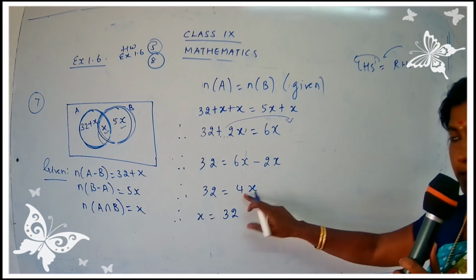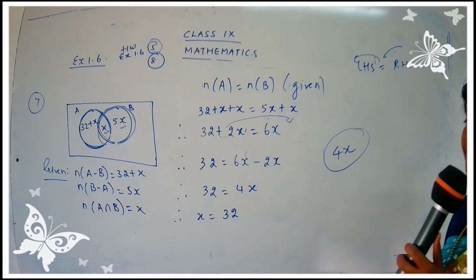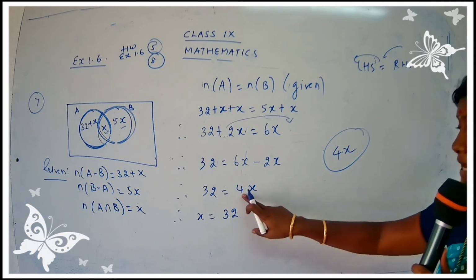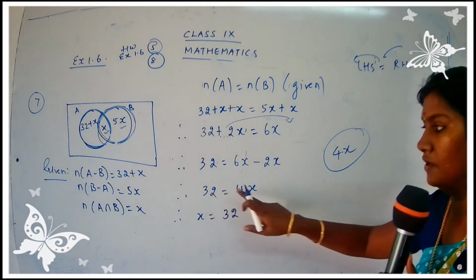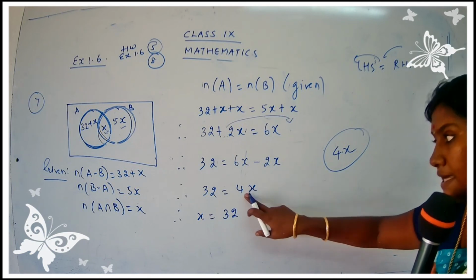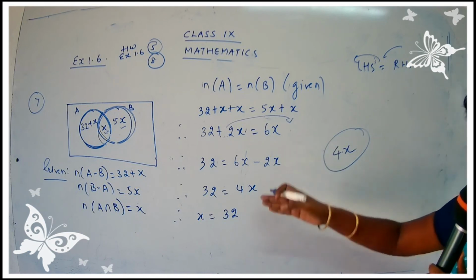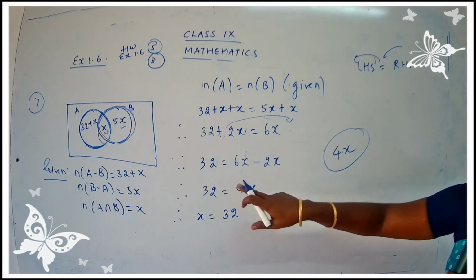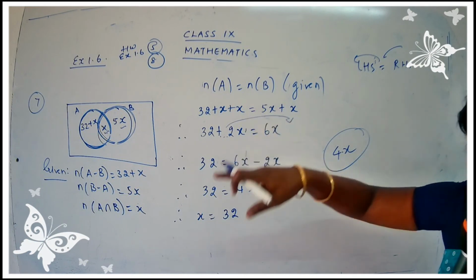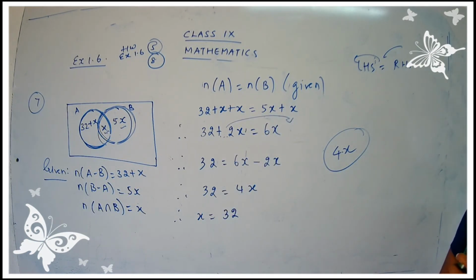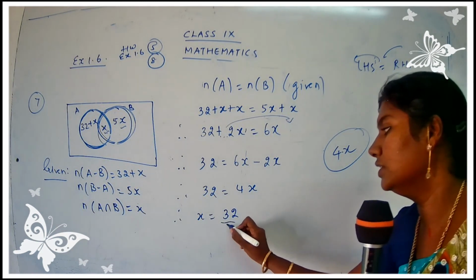It's multiplication. If no sign is mentioned, that means you have to take it as multiplication. So when multiplication goes to the next side. So where is the multiplication? The multiplication is on the RHS side. So from RHS, the 4 is going to go to the LHS. So when multiplication is being shifted, you have to change it as division. I have already told you, plus will change to minus, minus will change to plus, multiplication will change to division, and division will change to multiplication. So this is x is equal to 32 upon 4.